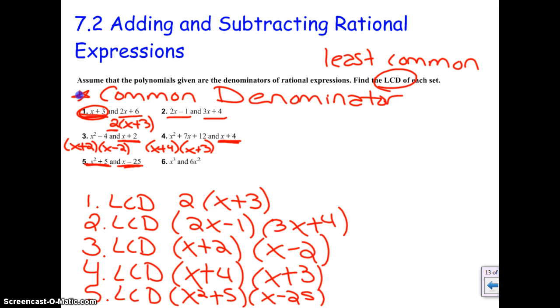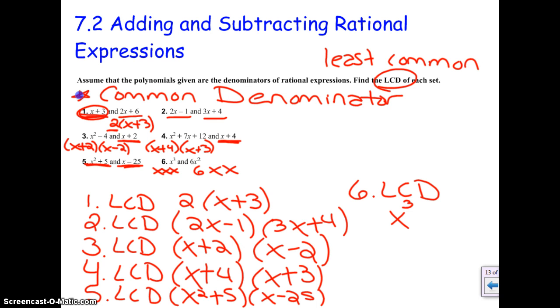All right, last but not least, let's look at number 6. X cubed, remember that is really 3 x's: 1, 2, 3. 6x squared is really 6x and x. In order for me to have enough to make both denominators, I'll put my number 6 over here. My least common denominator, I'll have to at least have 3 x's. All right, so I at least need to have the x cubed